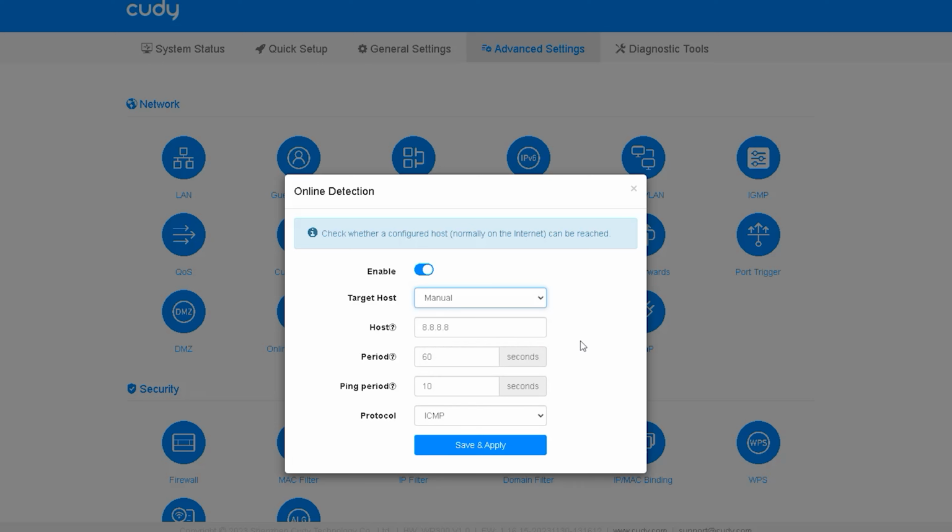Ping: sending an ICMP echo request to a device and waiting for an echo reply to determine if the device is online and reachable. Example: ping